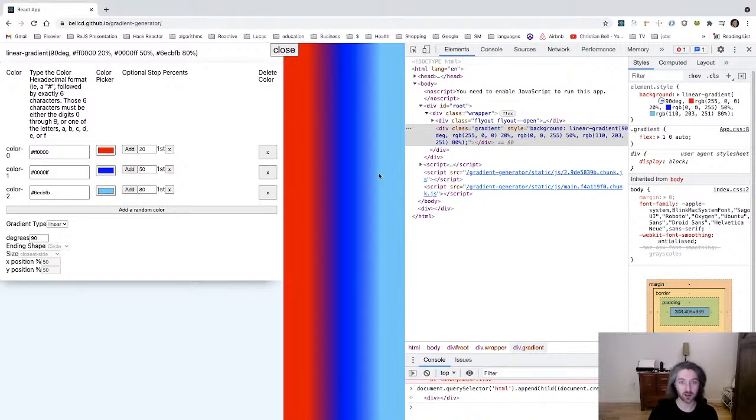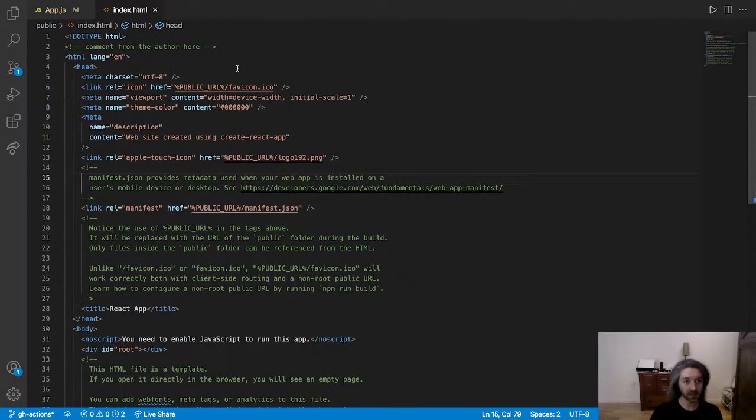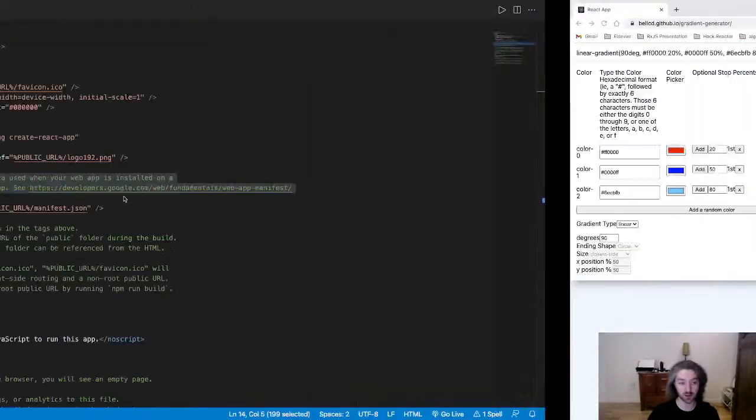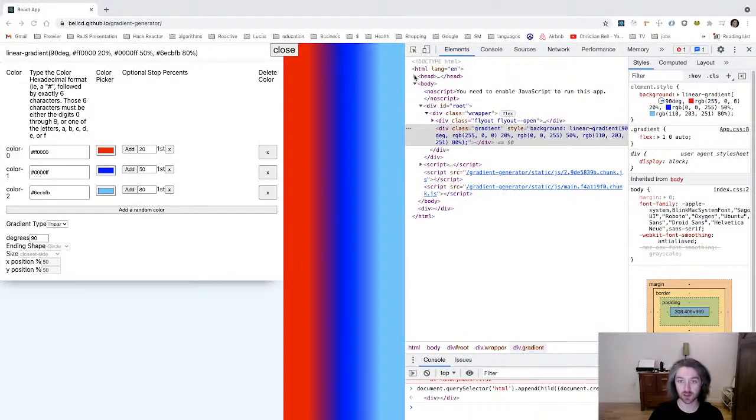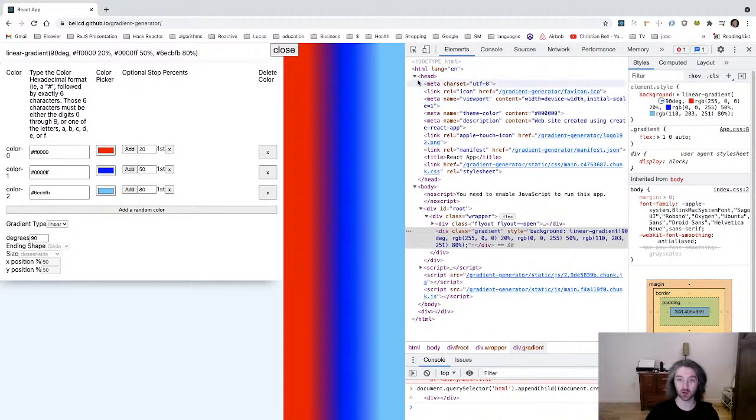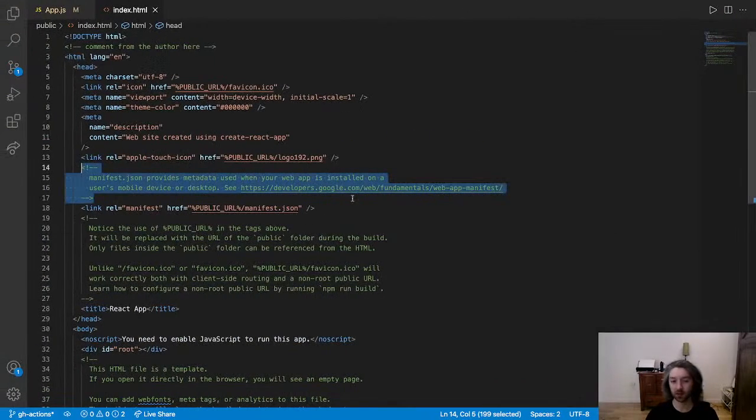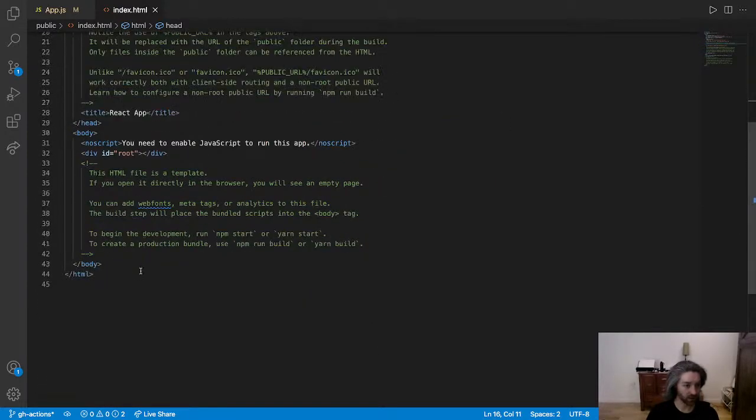The main thing I want to make sure is that the GitHub actions that we set up last time are actually working, because the last time I put a comment to test here, but I also see these other comments here, which are from Create React App, and those are also not showing up in the deployed production build. So I'm suspicious that Create React App has some fanciness going on where it is stripping these comments out. So the way we are going to test this is simply we are going to put another div in the body that says Christian, and it's going to have a